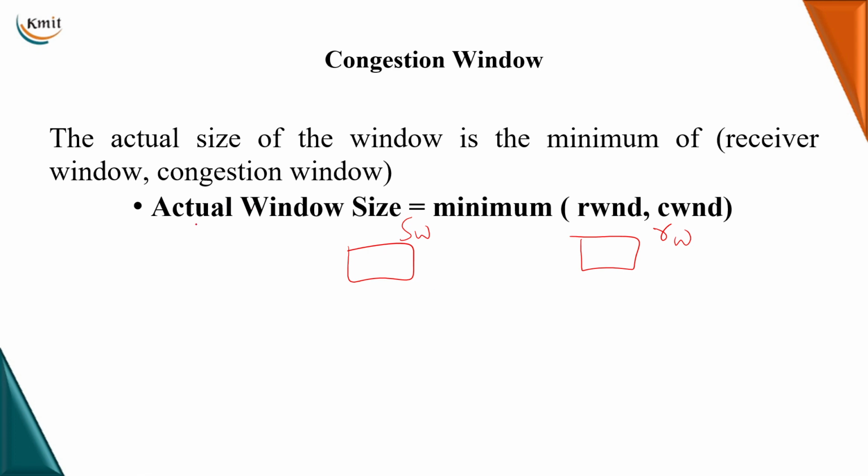Now, what should I maintain as the actual window size? We have something called the congestion window also. The congestion window tells us the maximum segment size, that means how many segments can be transmitted. To get the actual window size, we take a minimum of the receiver's window and the congestion window. For example, the receiver window is 64, so we can send 64 TCP segments, and the congestion window is 1. Whichever is less will be taken as the actual window size. In this example we are assuming that the congestion window size is equal to 1.